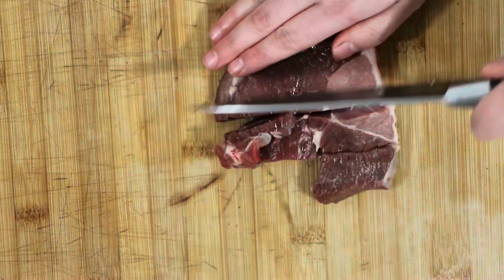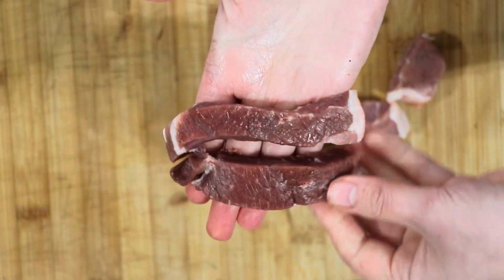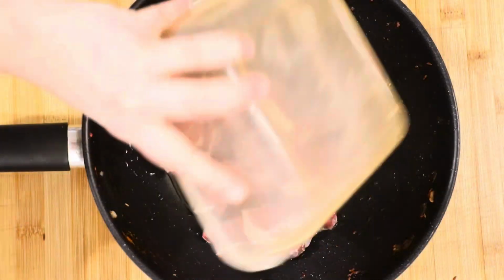Then to make the broth, I added 1 lamb stock and 1 beef stock and mixed it with boiling water. Then I start slicing my lamb steak into these size pieces that you can see. Clean my boards, and then once the vegetables are soft and ready to go, I took them off the pan